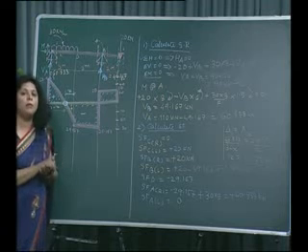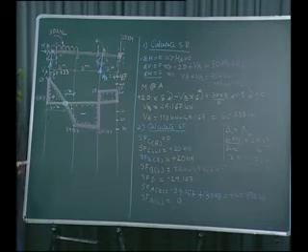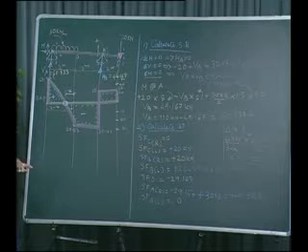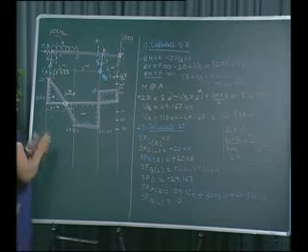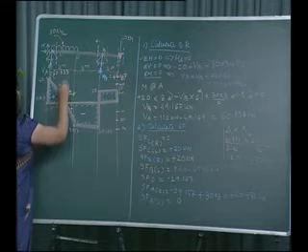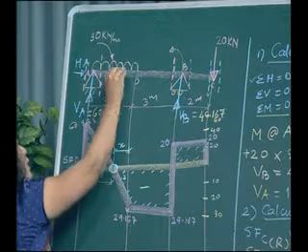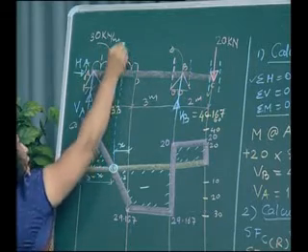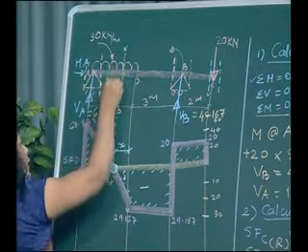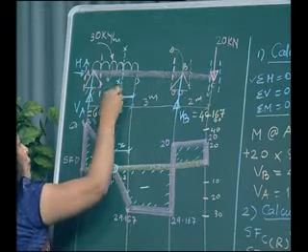At this point, the bending moment value is maximum. That is why we are calculating the point where the shear force value is 0. Now what you have to do is transfer this particular point to the load diagram. What is the load diagram? Load diagram is a diagram where they show the loading on the beam. So I can name this as my section X, and this distance is nothing but